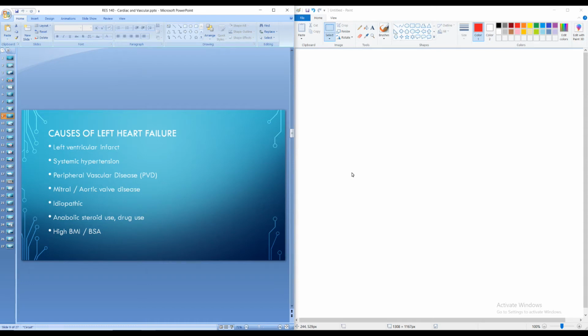Moving on now to left heart failure. So we just got done covering all the specifics of right heart failure. We're going to be able to apply a lot of what we just talked about to left heart failure. Some things will stay the same, some things will obviously be different because we're talking about the other side of